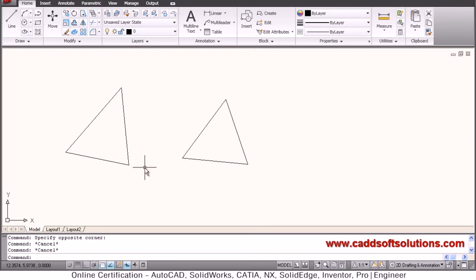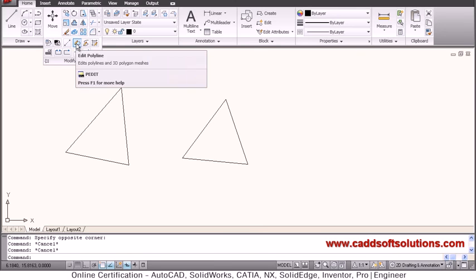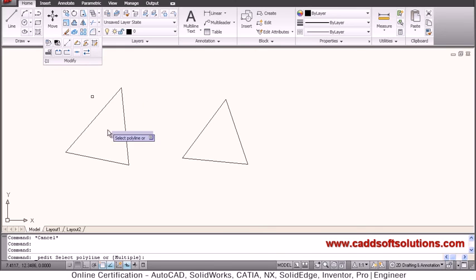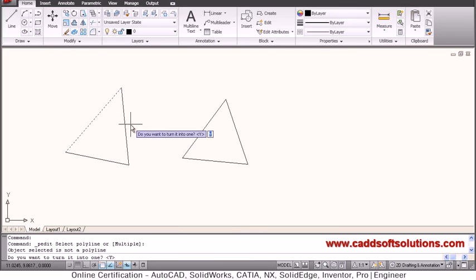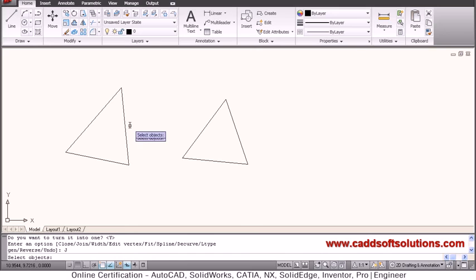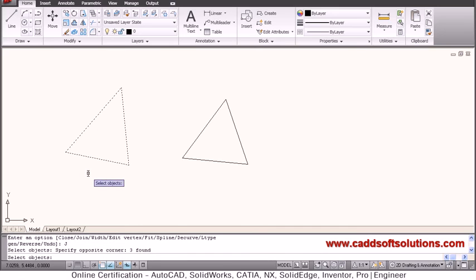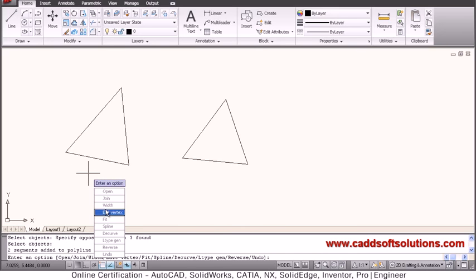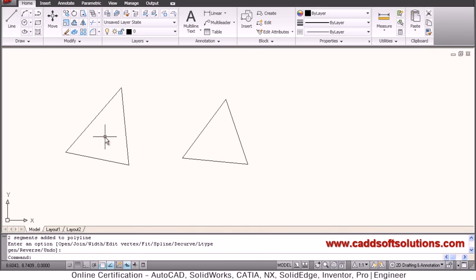And if you want to convert simple lines into a polyline, then you have to go to modify and use the polyline edit command, the pedit command. Just say pedit, then select the object, but this is not a polyline, therefore it asks you, do you want to turn it into one? By default, Y is there, so just press enter, select the join option, select all the objects you want to join, press enter and then enter again. In this way, you can convert simple lines into a polyline. So these are the basics needed